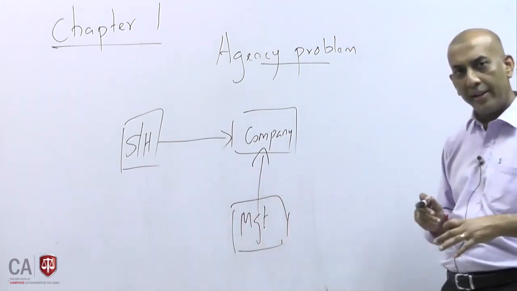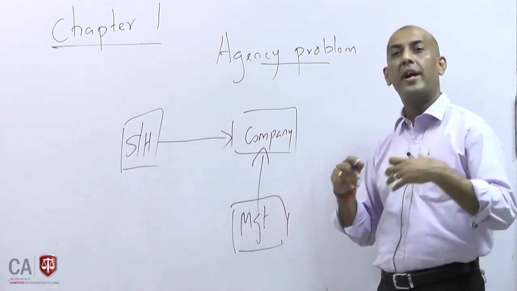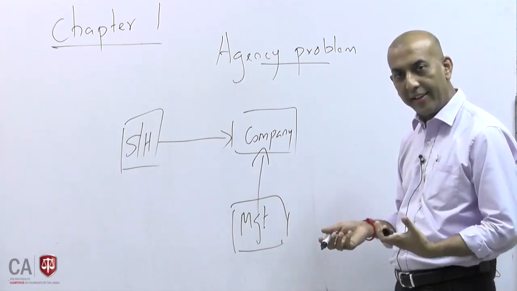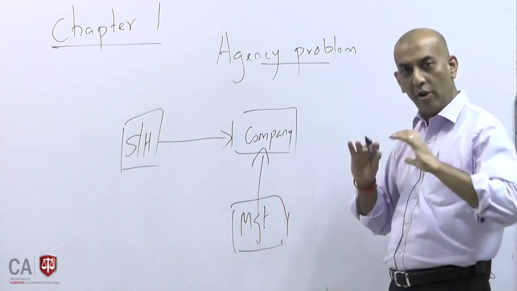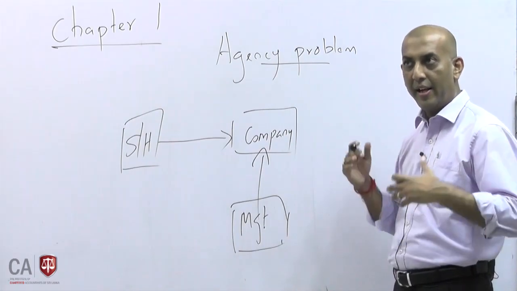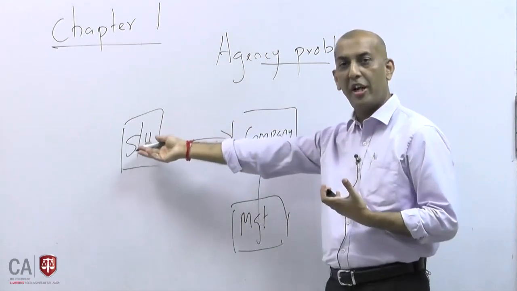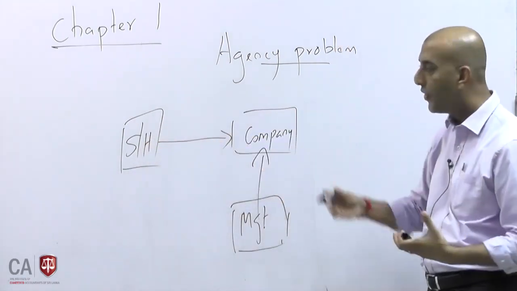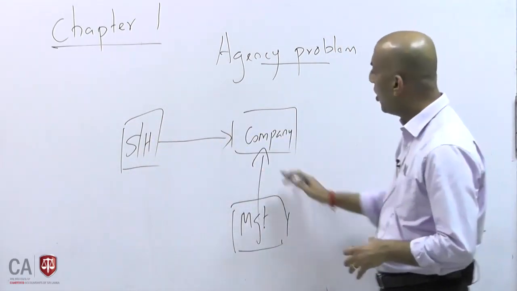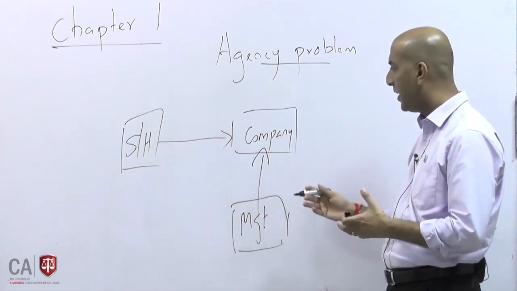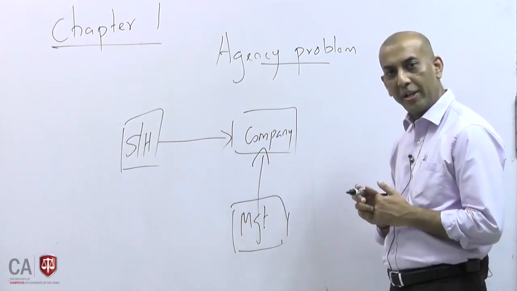Shareholders are the ones who have given the money. Management is the one who is running the company. They make decisions, they decide on the strategies, they look after the company, and they get involved in the company. Basically, they work for the company's shareholders, creating wealth for shareholders. This is the normal scenario in any organization. Management is working for the company to achieve the shareholders' objective.